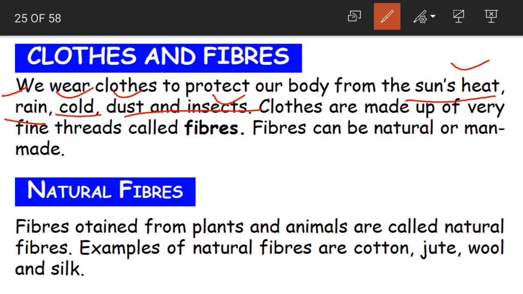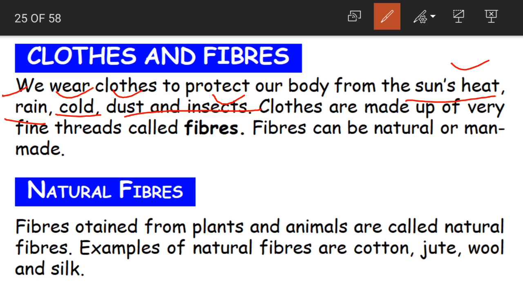If you observe, when summer is coming, we try to wear more cotton clothes. Why? Because cotton protects us from the heat of the sun. In the rainy season, we'll wear raincoats or long coats so that we don't get wet in the rain.